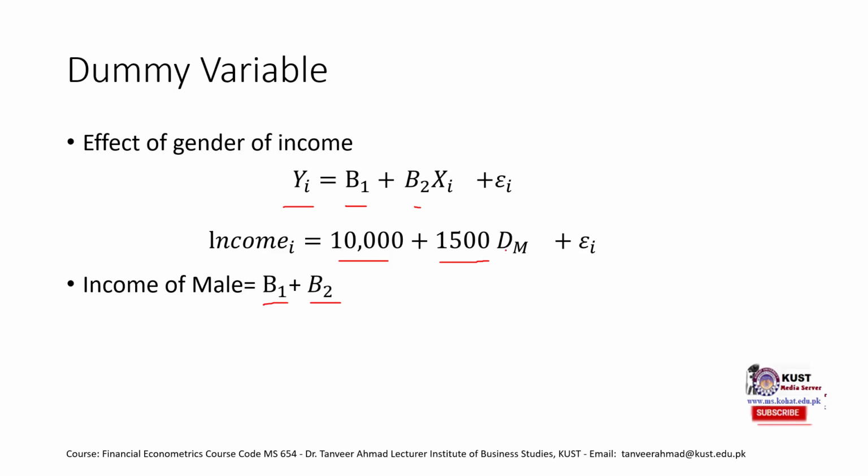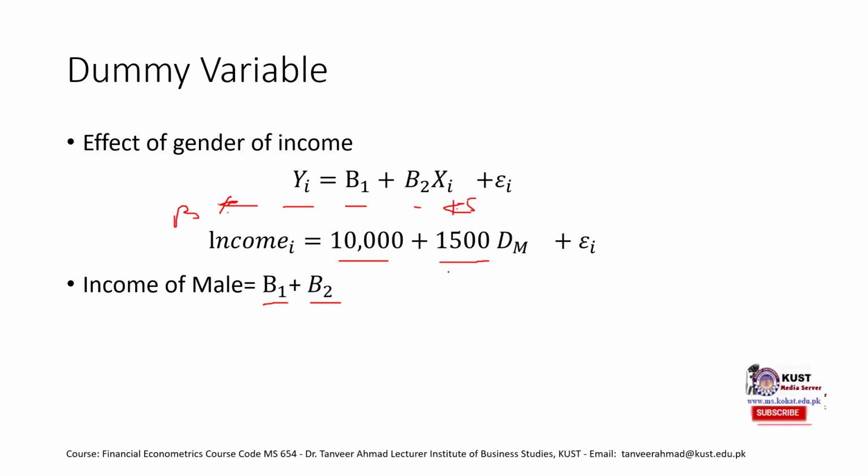Why are we saying 1500 rupees? Because our income variable is in rupees. If it was in percentages, and this value turned out to be 1.5, then we would say that the salary of male would be 1.5% higher as compared to female. But that isn't the case. We have our income variable in rupees, so our interpretation would be in terms of rupees, and we have discussed this in our previous lectures during the functional forms of regression.